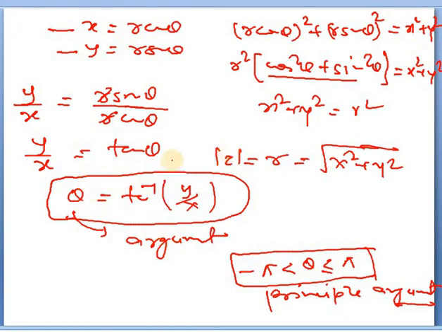So this was all about the argument and how we can find the modulus of a complex number. Okay, now we'll go ahead and solve a question. We'll take one example and see how we can represent it in polar form. Suppose the example is z is equal to 1 plus i root 3, and we have to represent it in polar form.